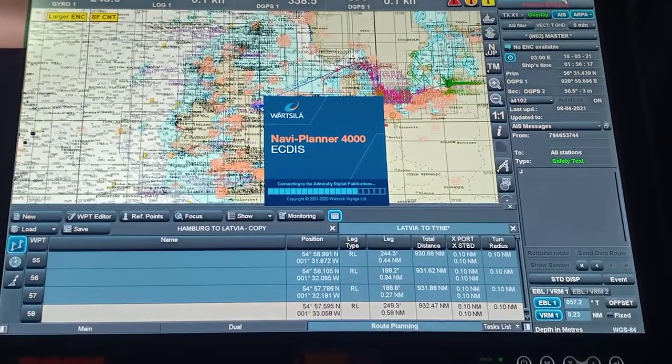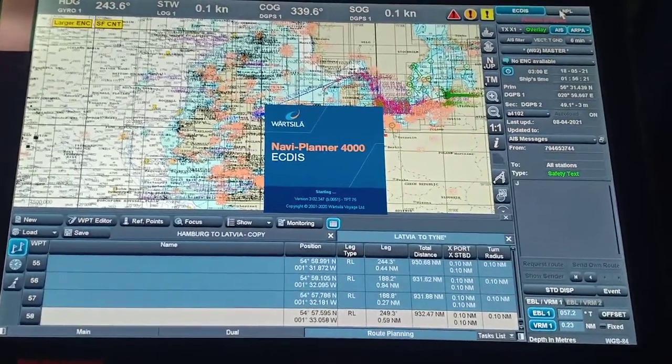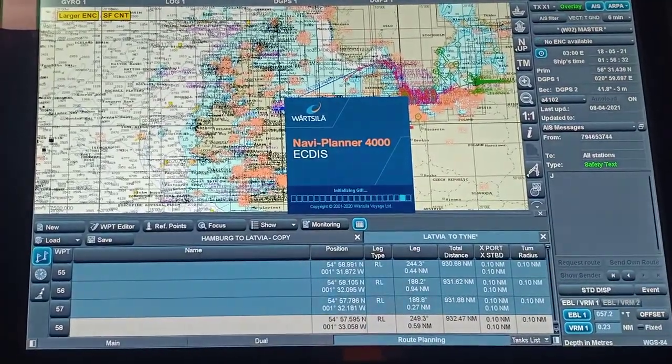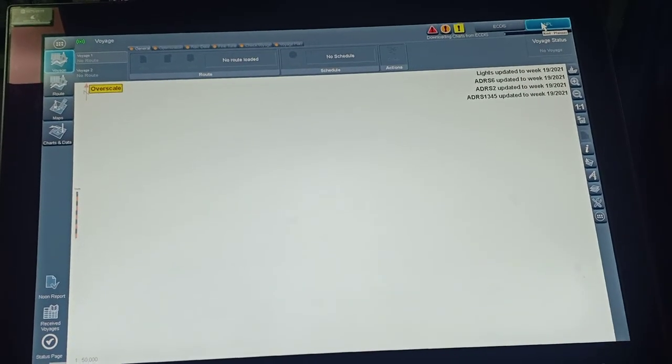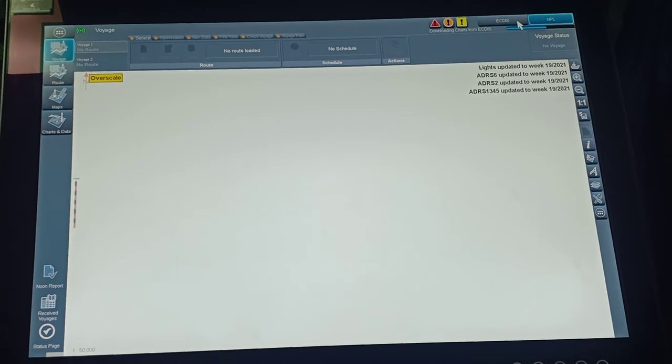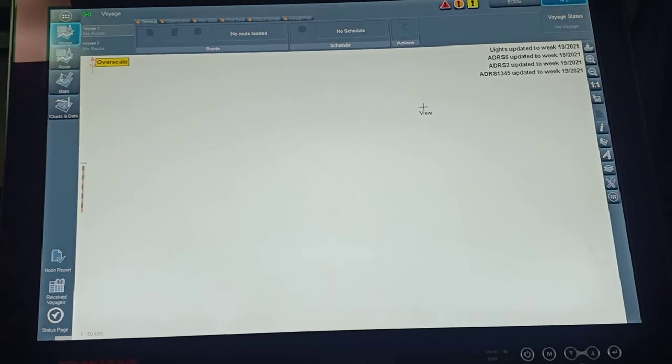Now the page is open. It takes quite some time because there is too much data. You can see the panel has been opened. Normally in Transys Wärtsilä, it takes time to download all the charts on the system. It takes hardly 2 to 3 minutes, not more than that.